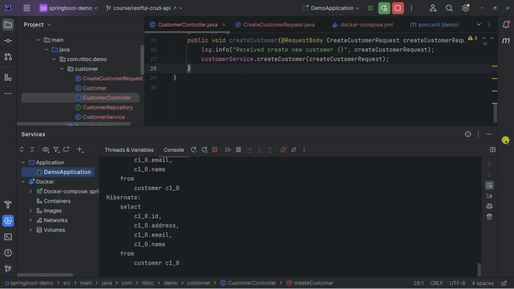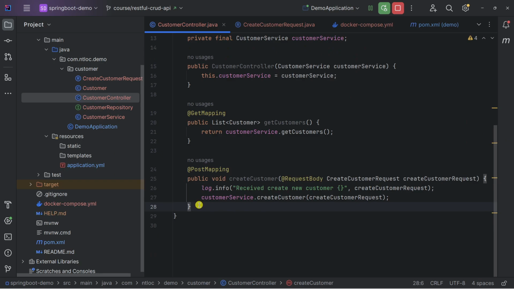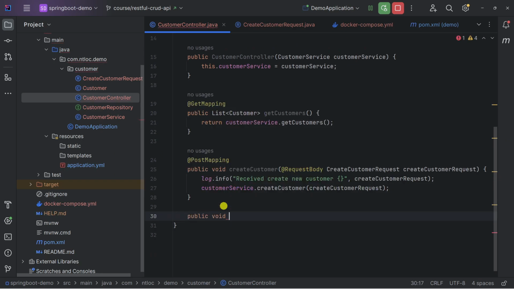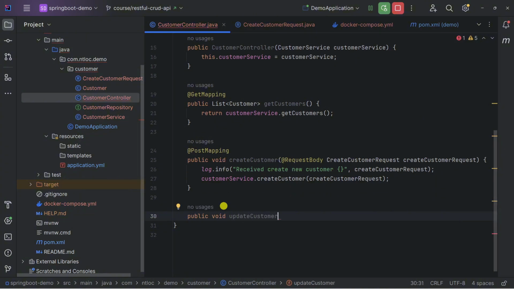So within IntelliJ, let's go to the customer controller. I would like to create a method called update customer, and I would like to have a long ID and string email. Also, oops, my mistake. This would be name, and this one will be email, and the last is address.